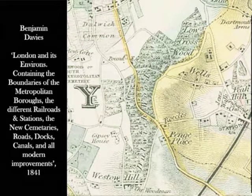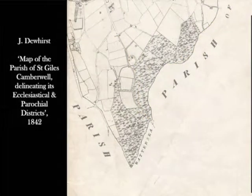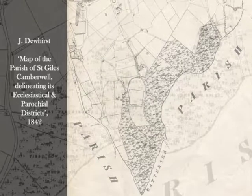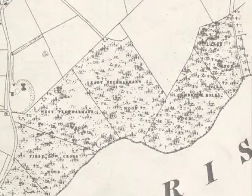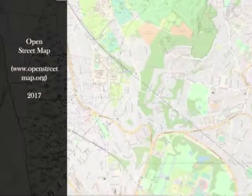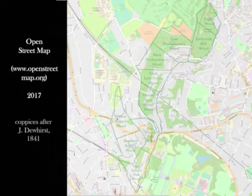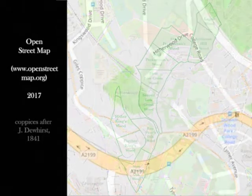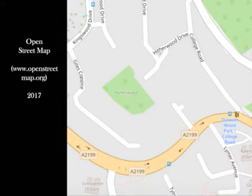Dewhurst's map of the parish of St Giles Camberwell shows the coppices within the woods during the last phase of the woodland economy. Lapps Wood, immediately south of Cox's Walk, Ambrook Hill, east and west Peckermans, and first Low Cross Wood. To the south, a second Low Cross Wood, and beyond College Road, east and west Vicar's Oak Wood, and hither and further King's Wood. The coppices charted by Dewhurst can be plotted onto a modern map to show their relation to the present-day streets and surviving woodland. The name Hitherwood and a fragment of the forest itself survive in a small square surrounded by housing just west